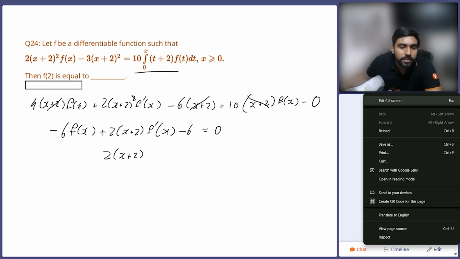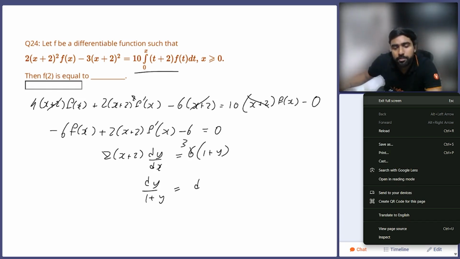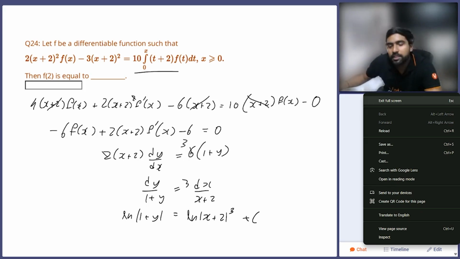2 times x plus 2 into dy by dx, f dash of x will be replaced as dy by dx, is equal to 6 plus 6 f of x, that is 6 plus 6y, that is 6 into 1 plus y. I can cancel these two out as well. And I get dy upon 1 plus y is equal to dx upon x plus 2, which gives you ln mod 1 plus y equals ln mod x plus 2. There's a 3 here. Ln mod x plus 2, that's whole cube over here, is 3 plus the constant of